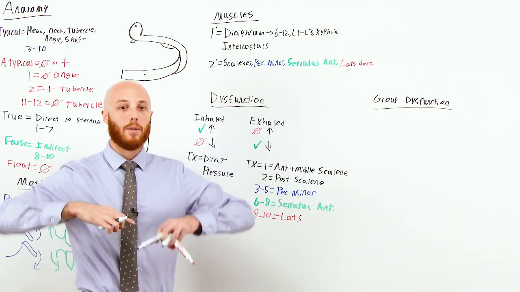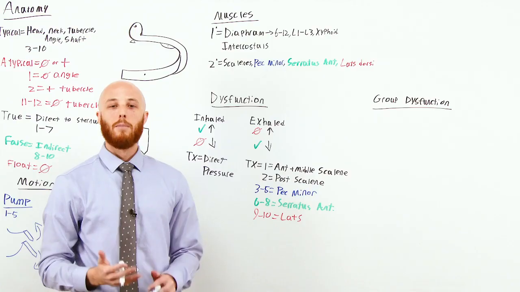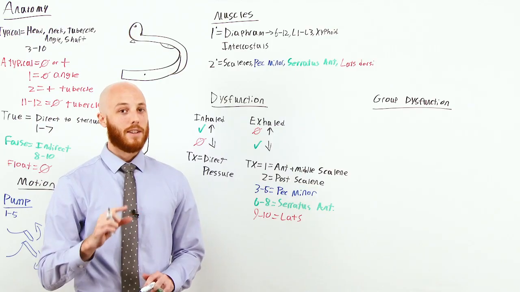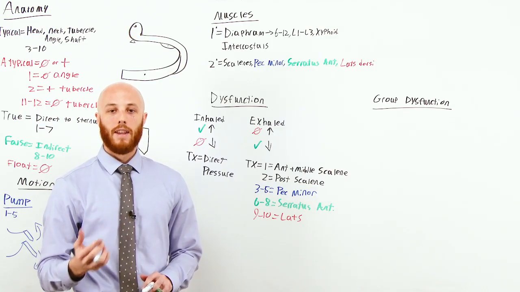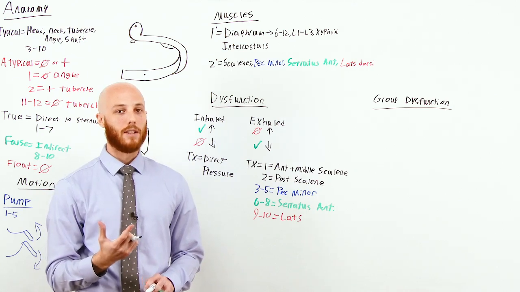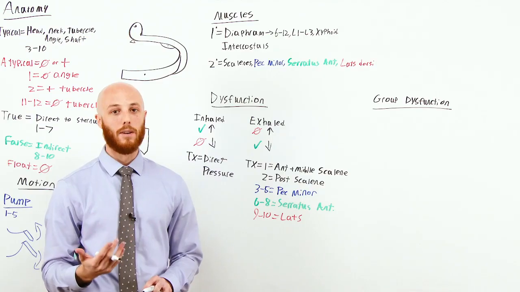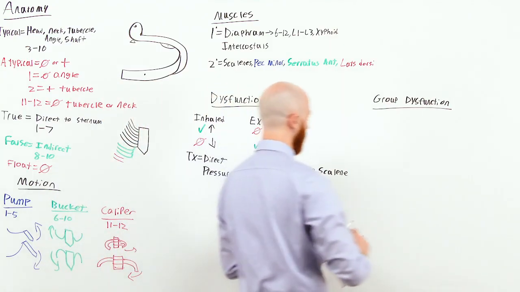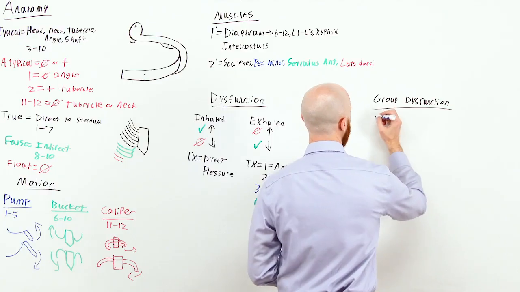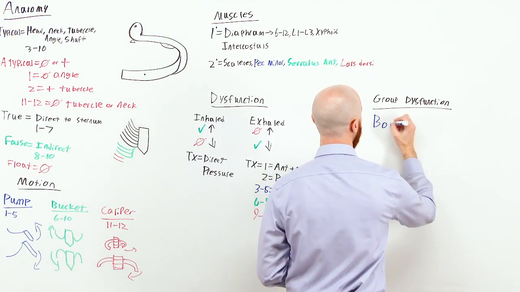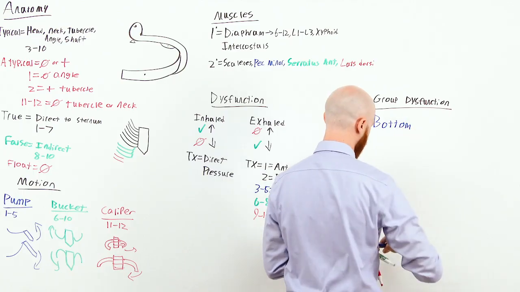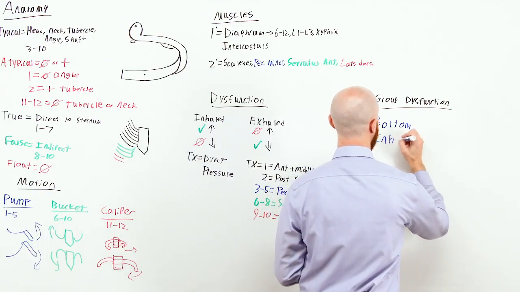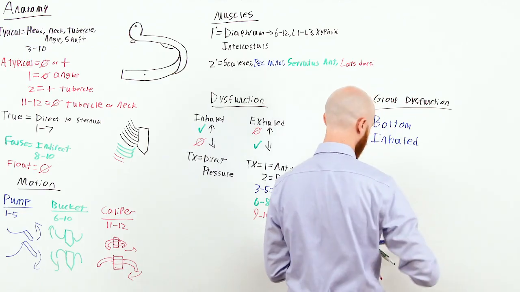All of the ribs go upward and downward together. But if one of those ribs doesn't work properly, the group of ribs beside it is also going to become dysfunctional. That one rib that's causing the dysfunction for the group is called the key rib. How do you identify which rib is the key rib? We're going to use the bite mnemonic. And the bite mnemonic stands for bottom, inhaled, and top,